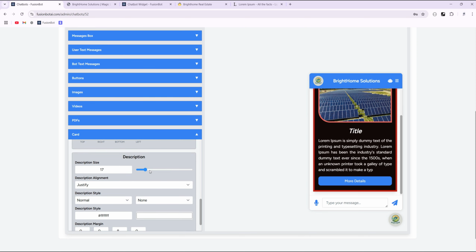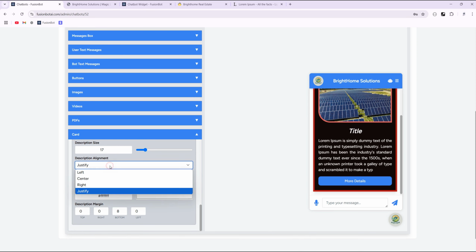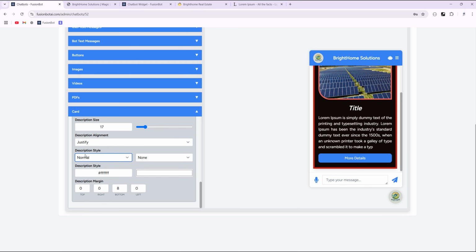And for the description, the same thing. We can change the size. We can change the alignment. By default, it's justify, and we can make it centered or on the left or on the right. Center, justify. And the same thing for the description: text style and the color,